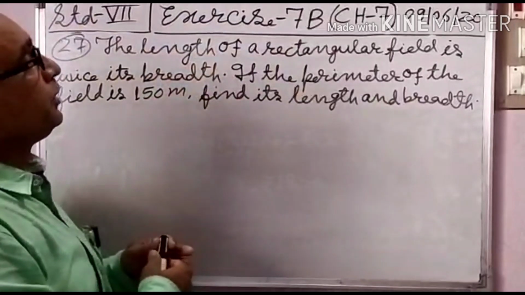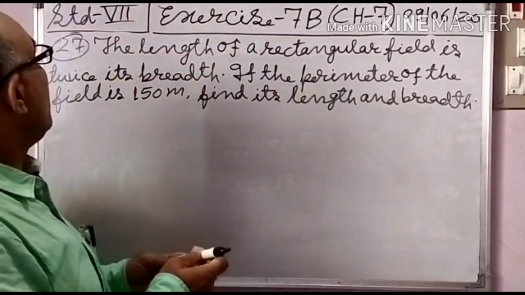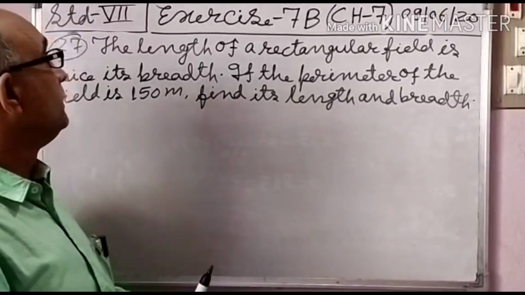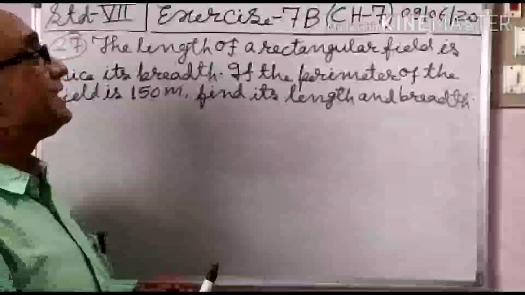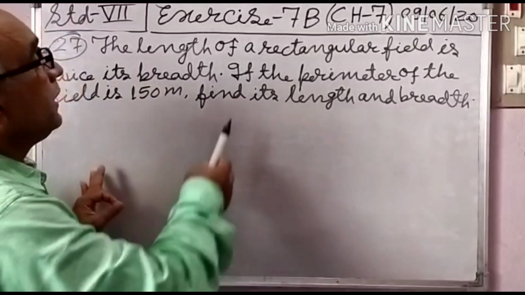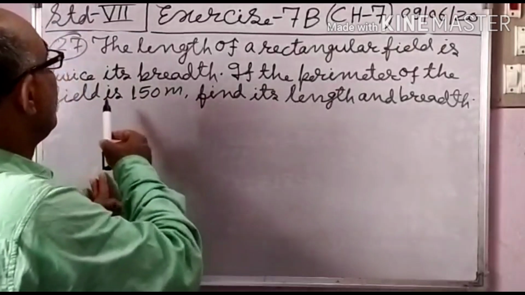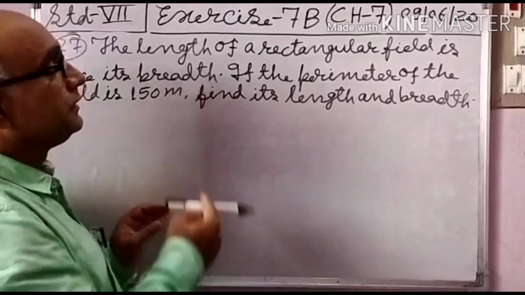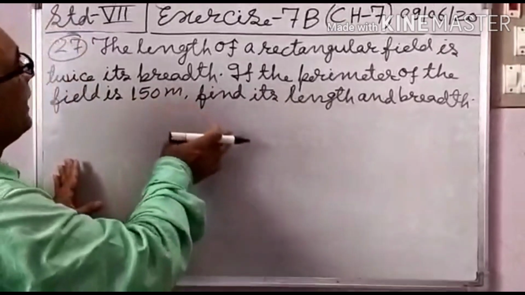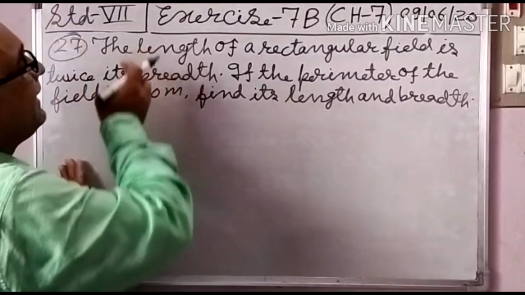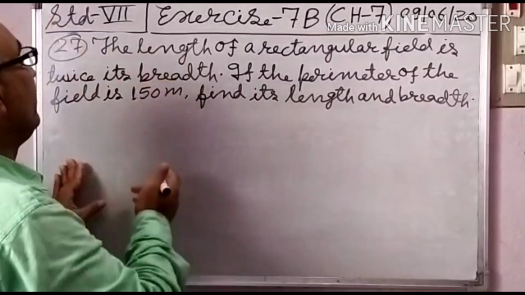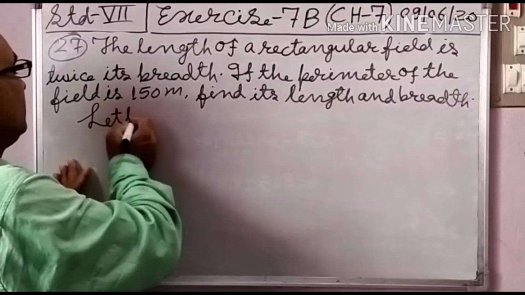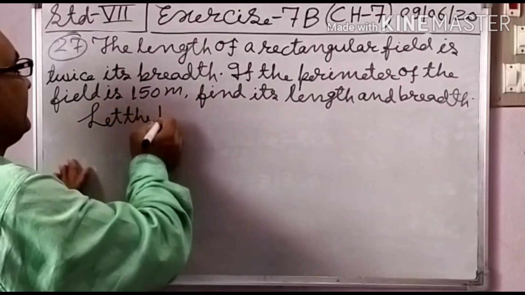Students, next question is question number 27. The length of a rectangular field is twice its breadth. If the perimeter of the field is 150 meter, find its length and breadth. So here the length is dependent on the breadth. So let the breadth be